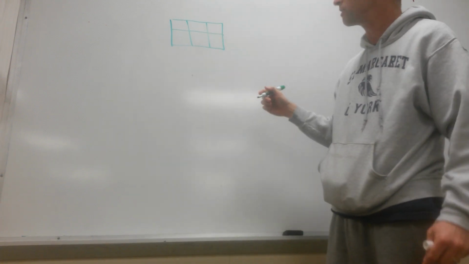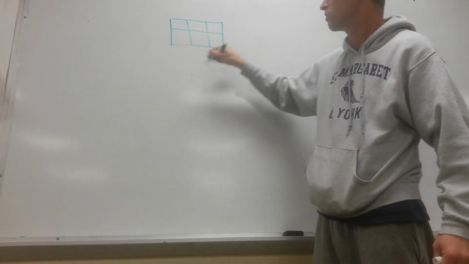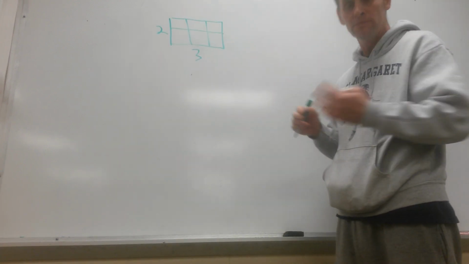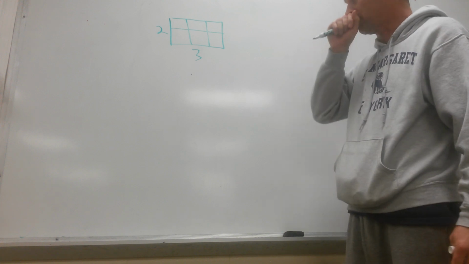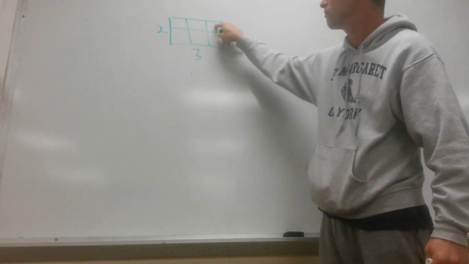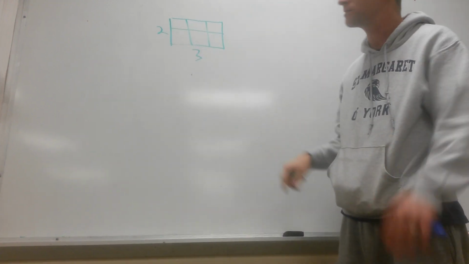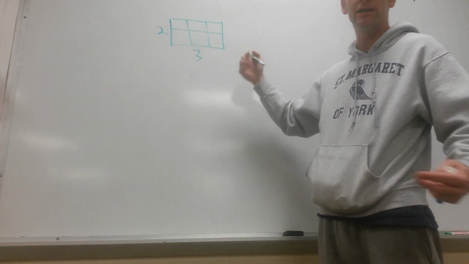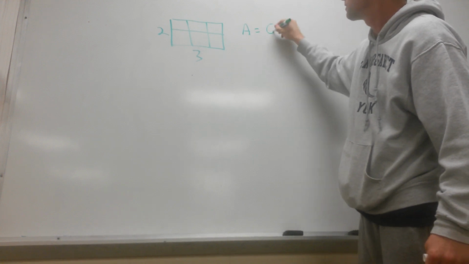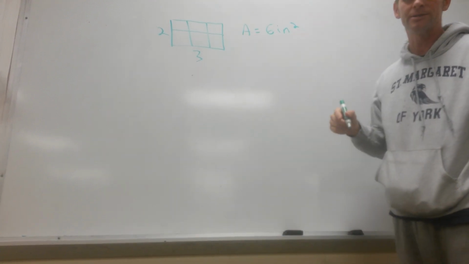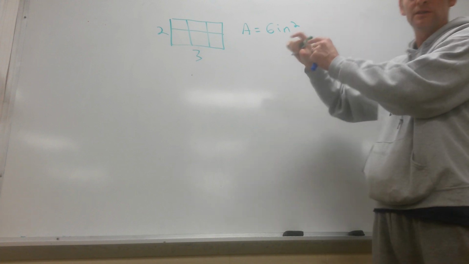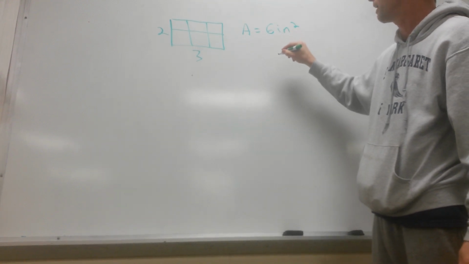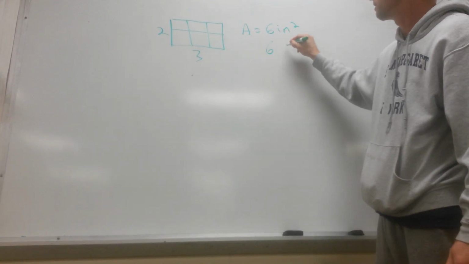Now I'm not going to draw everything perfectly, but this is 1, 2, 3 units wide and 1, 2 units high. And this is a rectangle, all right? And so you can see there's 1, 2, 3, 4, 5, 6, and we're assuming those are all exactly the same size, all 1 by 1. There's 6 unit squares. If they were inches, the area would be 6 square inches. Not 36 inches, 6 inches that are little 1 by 1 inch squares. It can be written like that, or it can be written as just like 6 sq